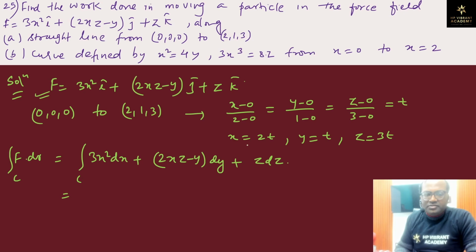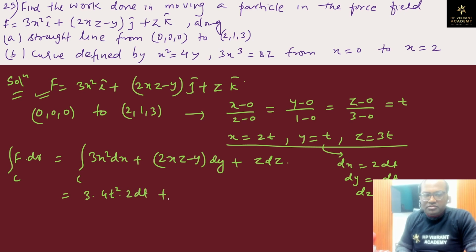So this, let us place the value here. So here we have dx is equal to 2 dt, dy is equal to dt, and dz is equal to 3 dt. So here we have 3 times of x square. X square is 4t square into dx is 2 dt, plus 2 times of xz, x and z. So this is 2 into 2t into z is 3t, minus y is t and dy is dt, plus value of z is 3t into dz is 3 dt, and the limit on t will be